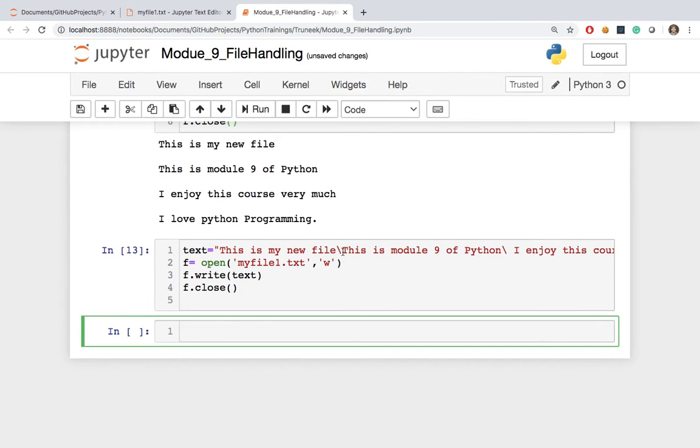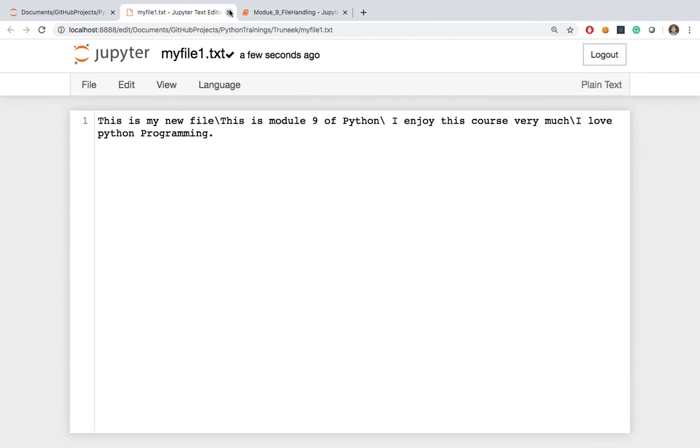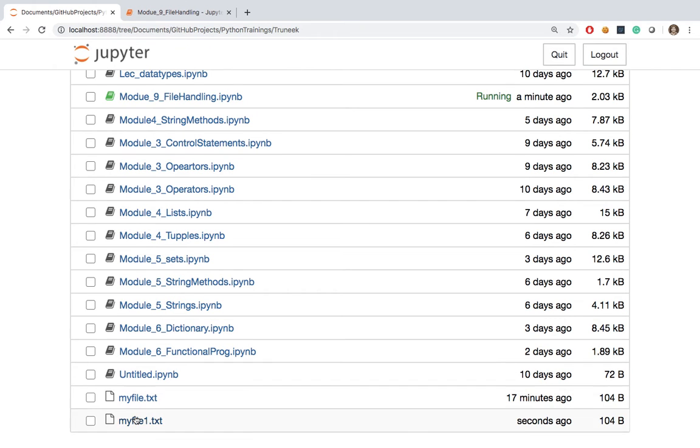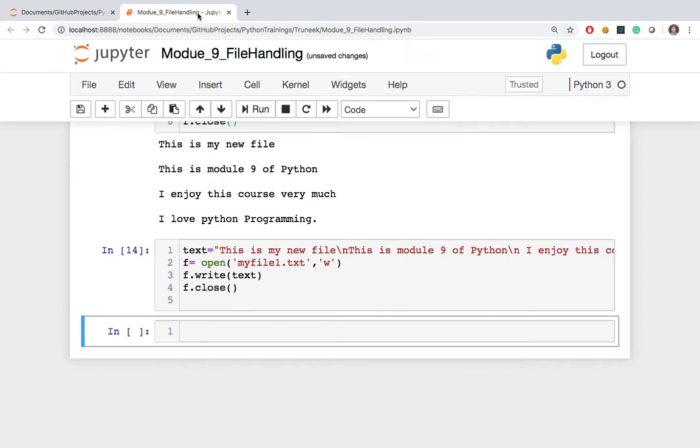Right? So here I just wanted to give \n and then also \n. Okay, right? So basically this is my file. I have written some text inside my file and opened it in the write mode. Now I wanted to read the contents of this file. So let us see what contents my